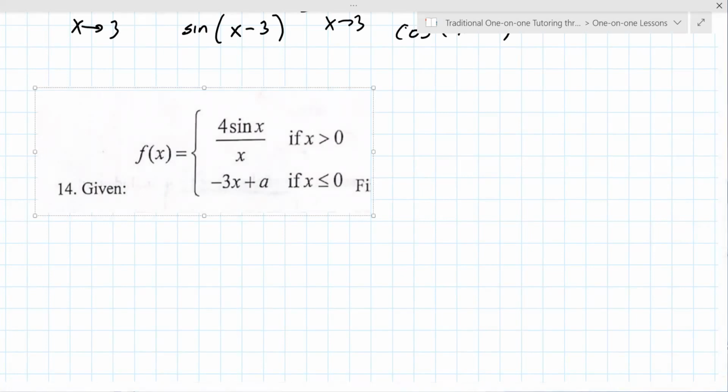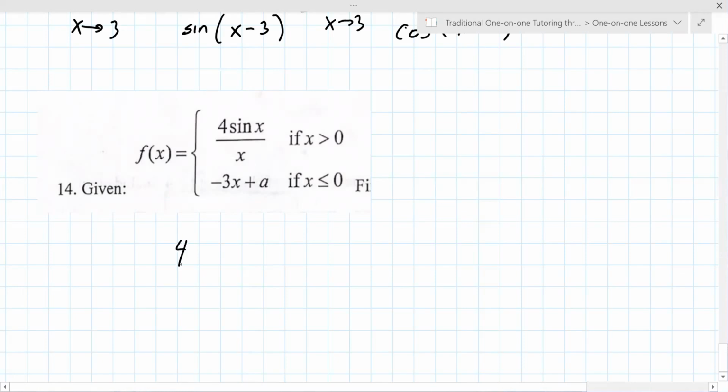Well, what did we do in the previous piecewise question? Plug in 0. Yes, so I want you to do that for both this one and this one. So 4 sine, and then sine 0 is